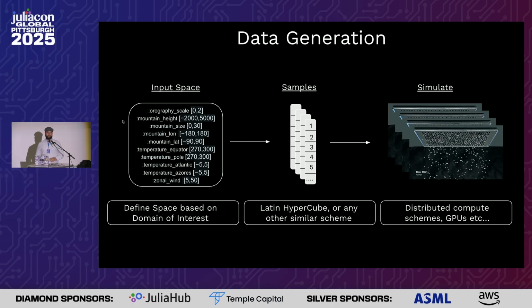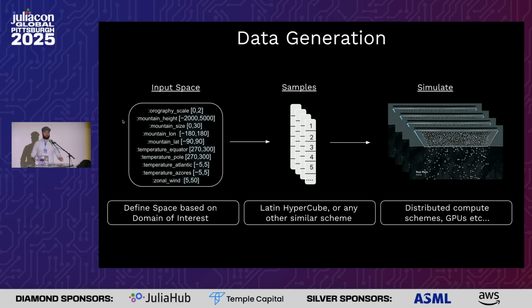Data gen, pretty straightforward. I try to keep the examples tangible for the actual RainMaker challenge. Now, data generation is a two-stage process. There's the first part where you get your original data to start your surrogate training, and then afterwards you have the resampling process. So this particular slide is talking about the first part, where you generate your initial data set. And like I said earlier, you have a bunch of parameters. As you can see here, the mountain height, mountain size, temperature of the equator, et cetera, and you have some bounds that you are interested in using your surrogate in, and then afterwards you sample them,